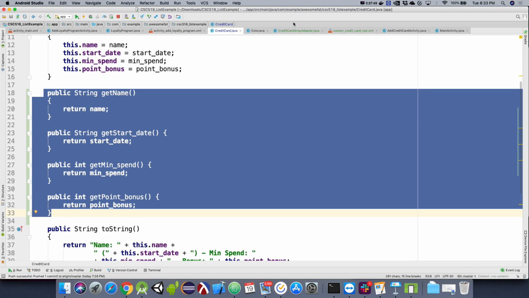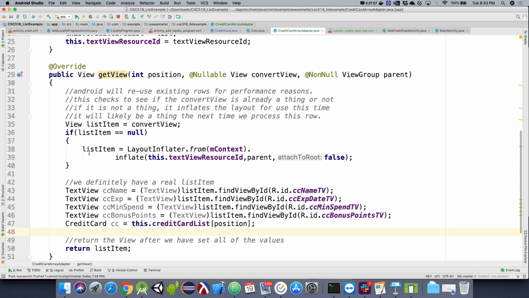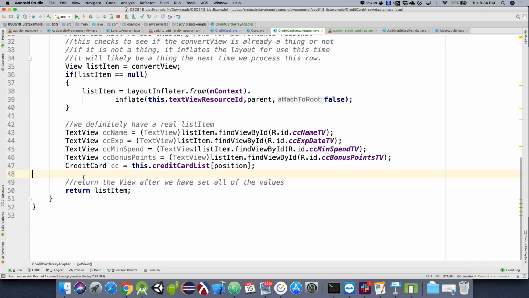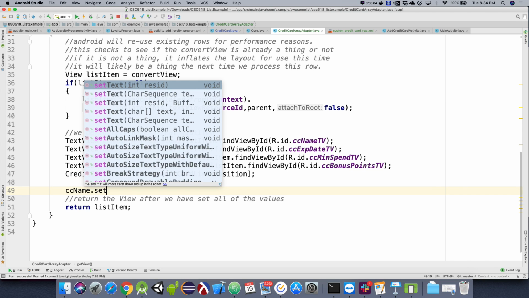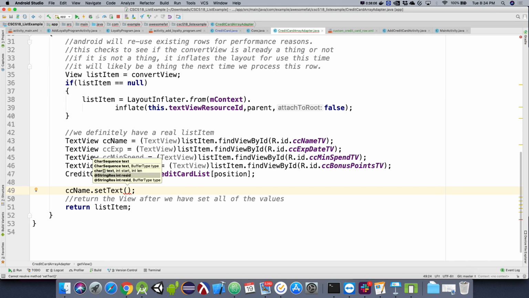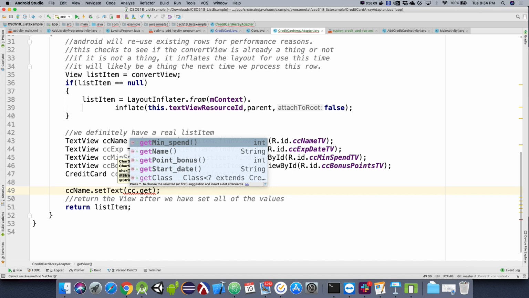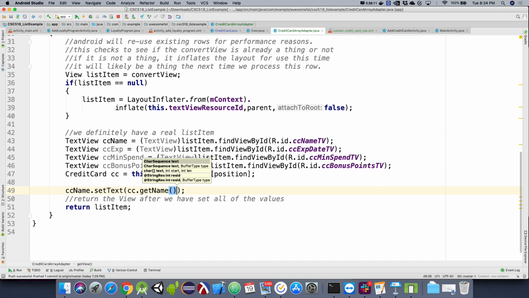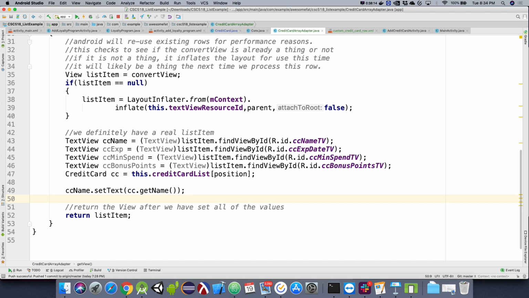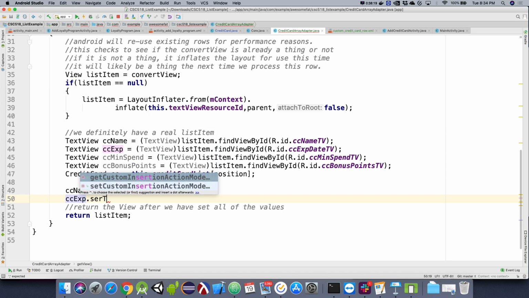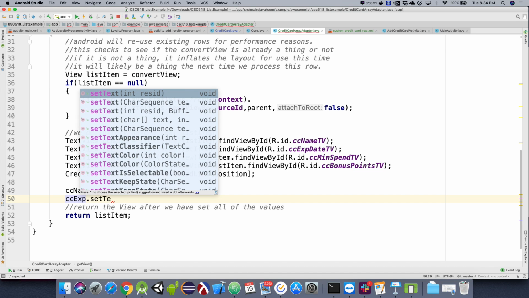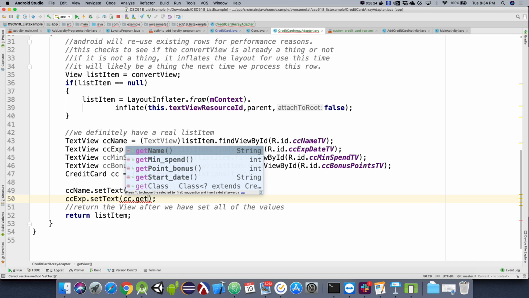So I'm going to go into my adapter, there we go. Got it. All right, so this right here, CC. So I'm going to go ahead and say ccname.setText. And the text I'm going to put in there is cc.getName. That's the name of my credit card. And I'm going to say cc expiration date dot setText is equal to cc.get